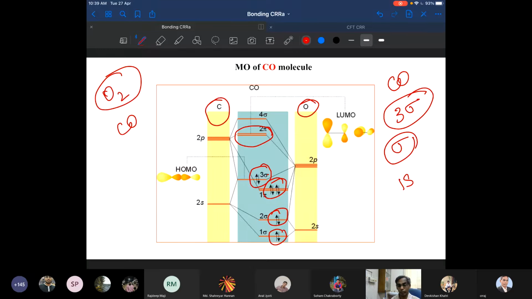That we will study in bioinorganic chemistry and organometallic chemistry. What we call back bonding, right? This orbital is very important. These two orbitals: one is bonding, with donation from the metal to the ligand and from the ligand to the metal. As a result, the bonding of CO with the hemoglobin is very strong, what we call the synergistic interaction between carbon monoxide and iron. If you want to break this, you have to destroy the hemoglobin. Otherwise, you cannot. By that time this person will be no more, right?